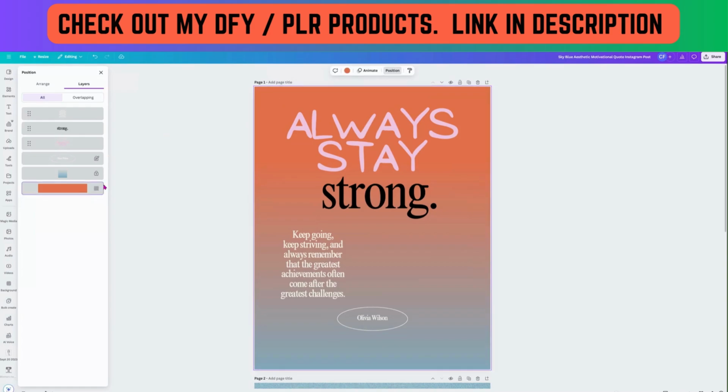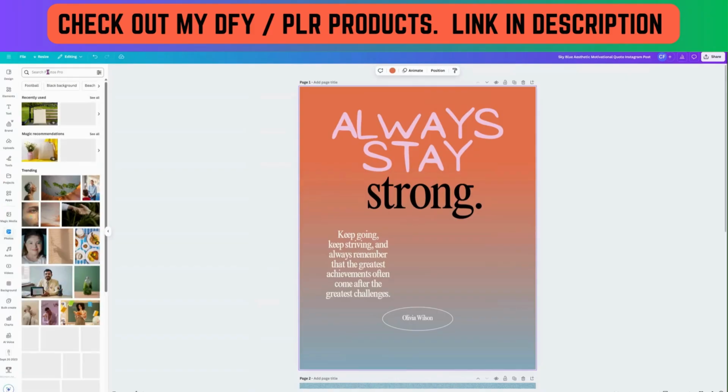Now you see the background is orange. Maybe I don't want that. Okay, so let's change that. So what we're going to do is go over to the left-hand side where all of your menus are, and we're going to click on Photos. Now, these are photos that are built within Canva. And I believe Canva owns the website Pexels,